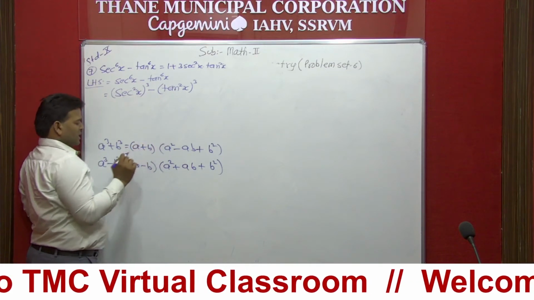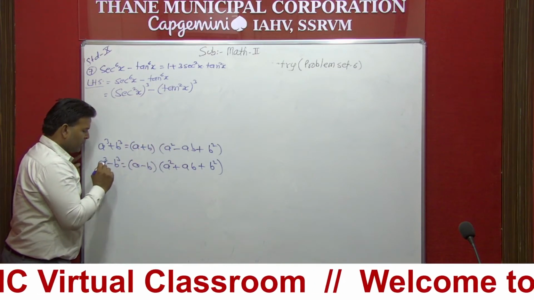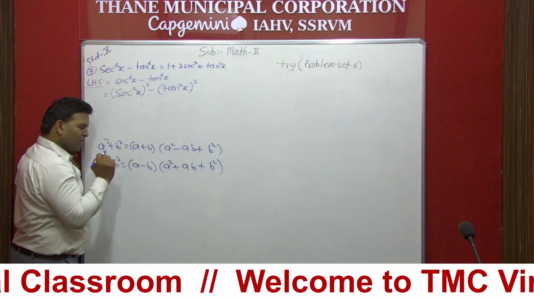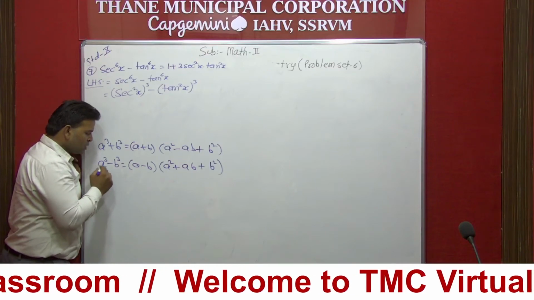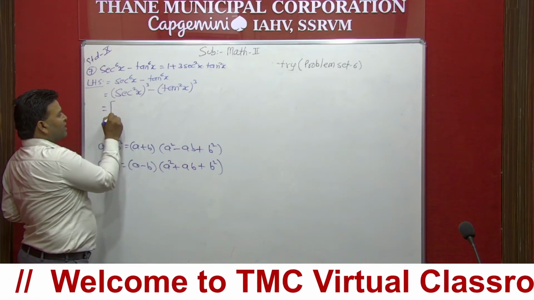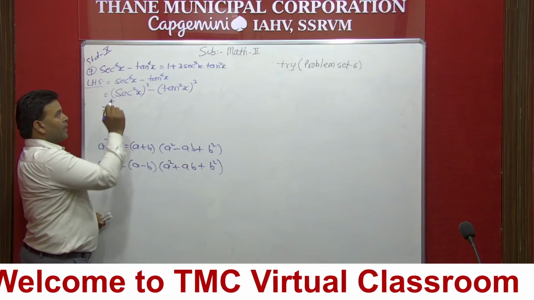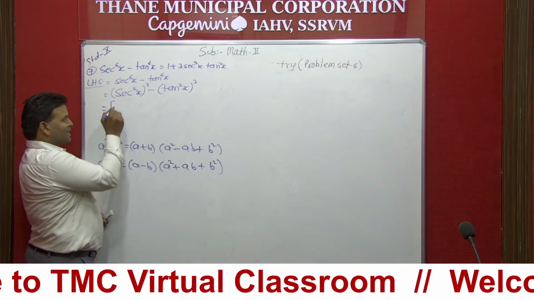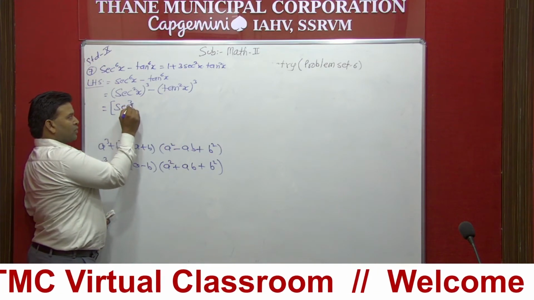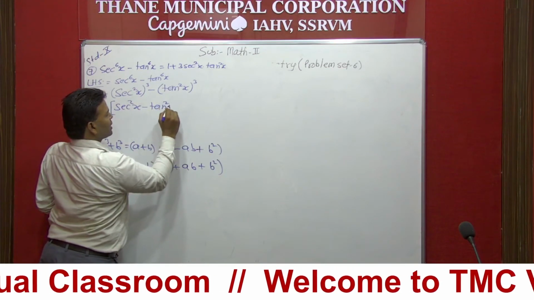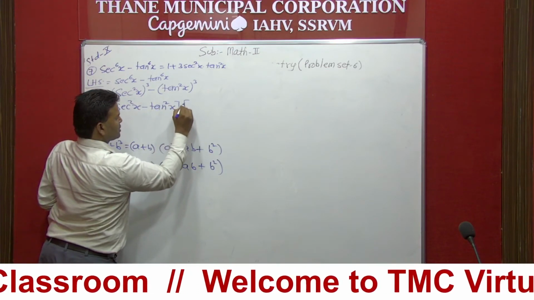We are having a minus sign between a and b, and this also has the whole cube, here the cube is given. Now I will use this property. So first, in the next step, I will use the square bracket. Now see, sec square theta minus tan square theta, these two we write as it is. Sec square x minus tan square x, bracket close.